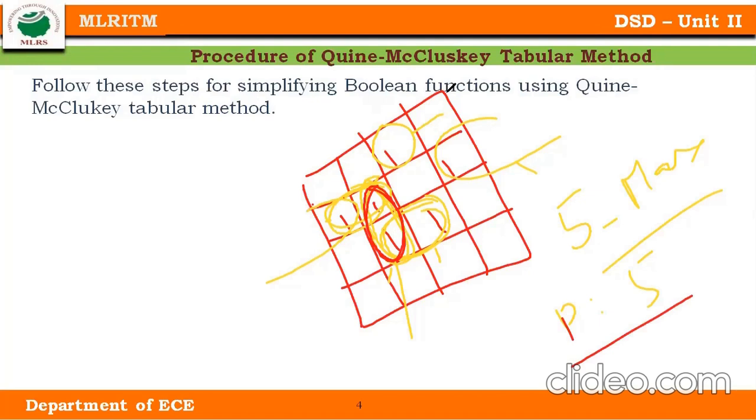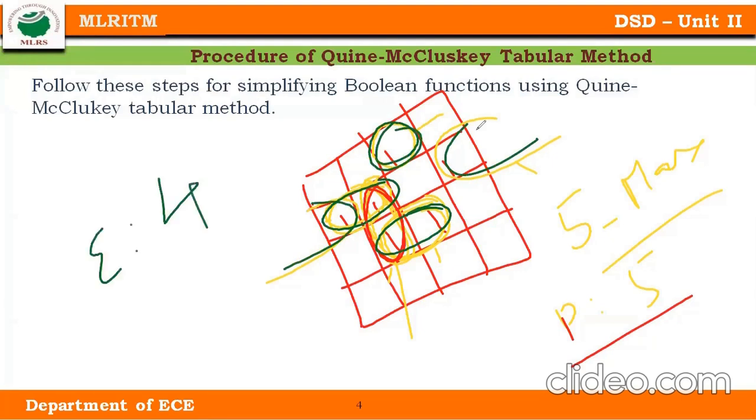So what are the essential prime implicants? To get the minimum expression, this is required, and this is also required, and this is also required, which means we can't neglect them in our output expression; these should be there. So the essential prime implicants are 4. What I have removed here is the already mapped one, because that is not required to get my minimum expression. It is already mapped. Why should I map once again?